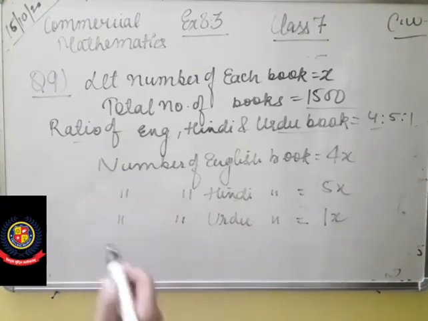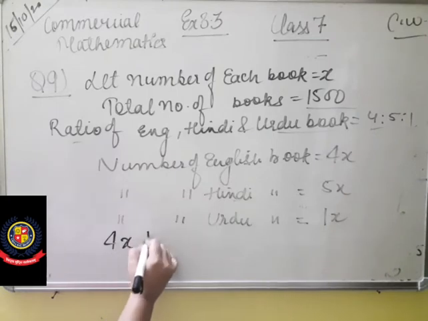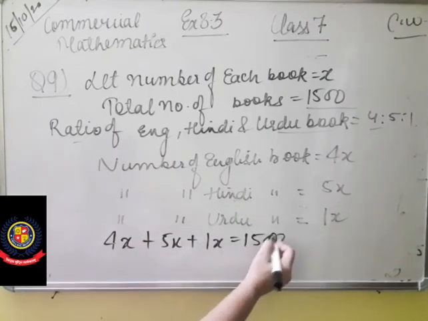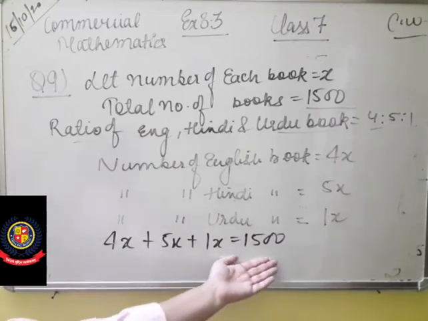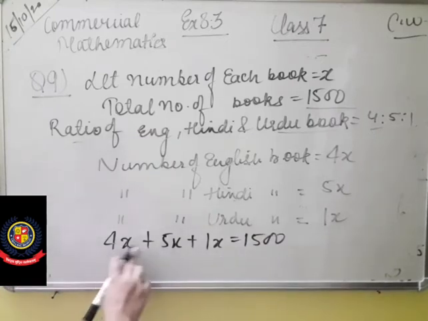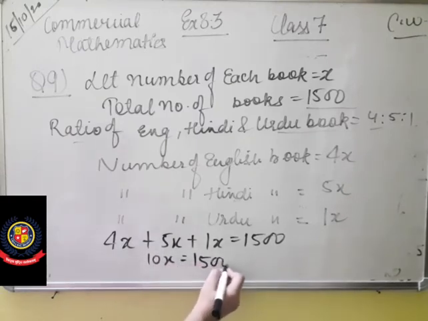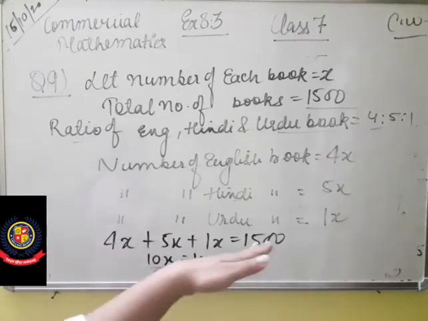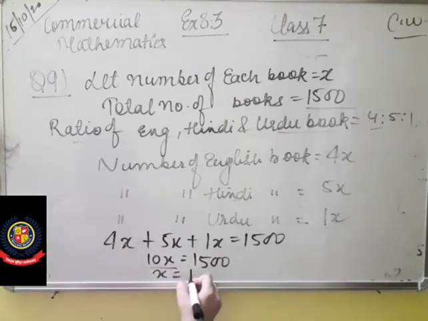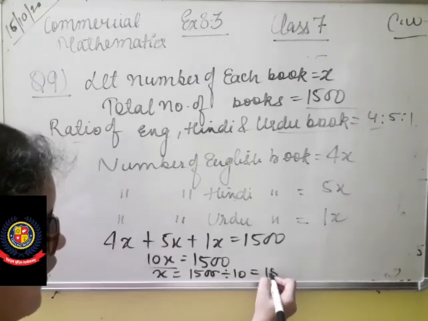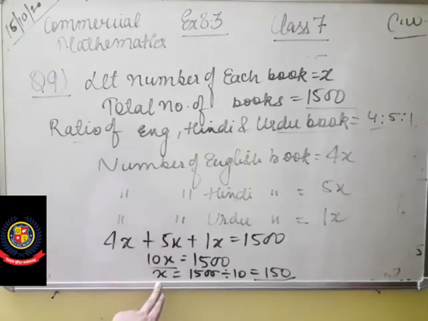So students, when you add all these language books, you will get total books as given in the library, that is 1500, because ये सारा ratio तो 1500 का है. So 4x plus 5x plus 1x is 10x is equals to 1500. So x is in the multiplication with the 10. So when you take 10 on the other side, it will get divided. So you will be left with 150. So what is the value of x is 150.